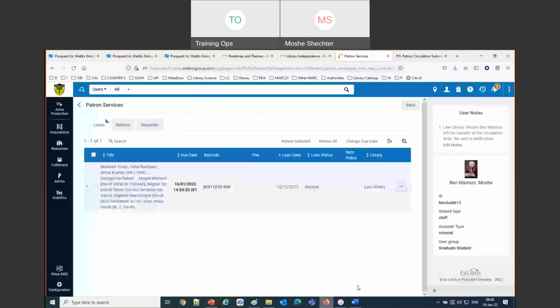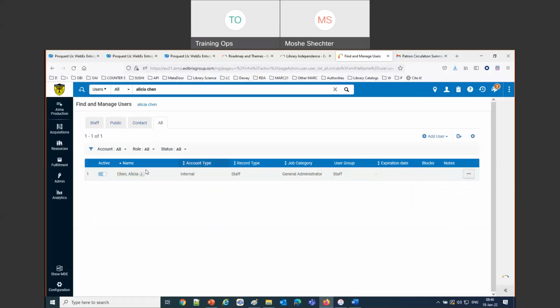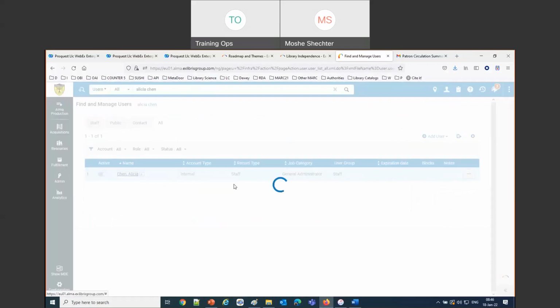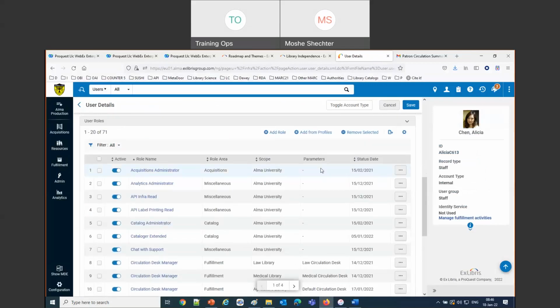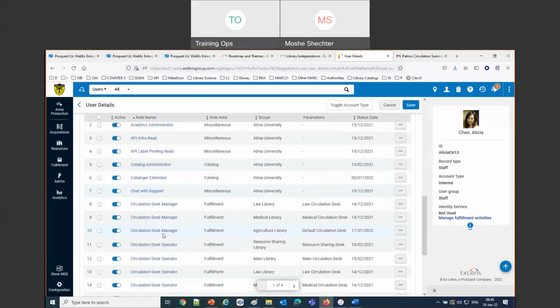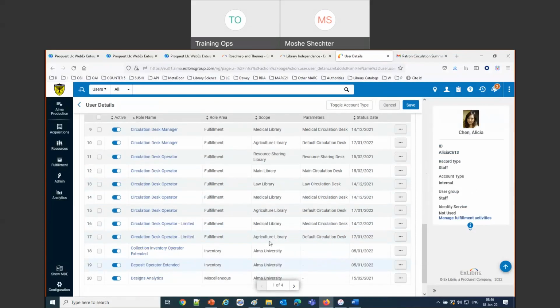If we look again at Alicia, and we look at her roles, she's got circulation desk manager in the law library, medical library, and agriculture library. Again, law library, medical library, agriculture library. So she's seeing loans from all of the libraries.